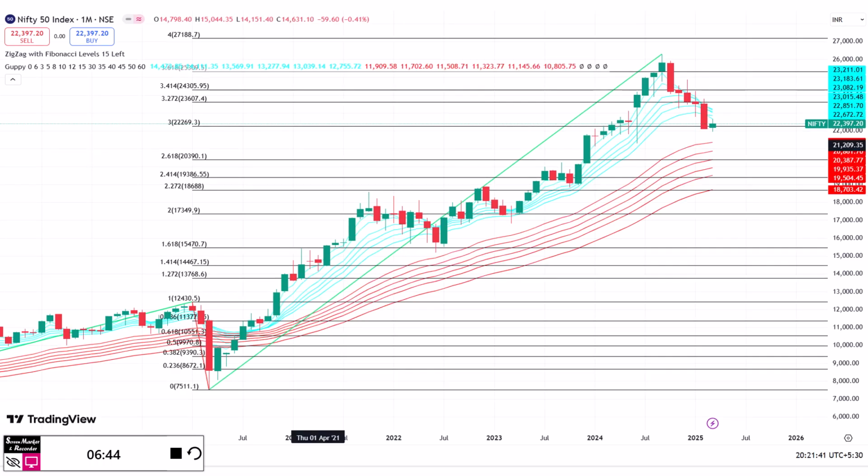If we do the same thing, I just brought Guppy into it. As of now, no signs of reversal. Yes, the candle is yet to be formed. I'm making this video somewhere in the mid-month of this candle, so one can't say that things will not go well. But as of now, it doesn't look great. We had no confirmation from either indicator, neither from zigzag, nor from Fibonacci, nor from Guppy.